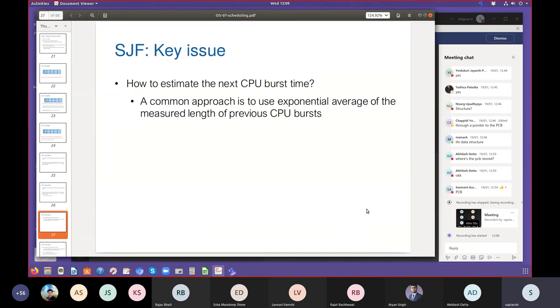how to estimate the next CPU burst time. Essentially, we understood that whenever we have to predict the future, intuitively we look at the past history and then try to predict. Okay. So till now we have covered this. Now let us move ahead